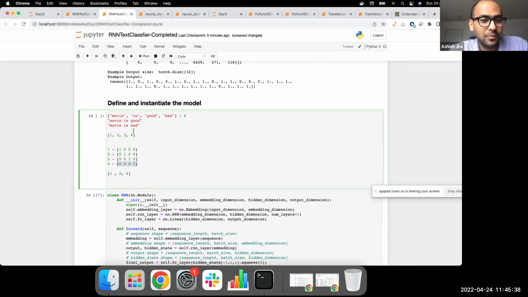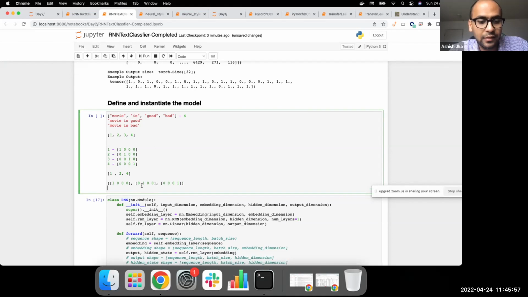Now here it's manageable because our words are only 4. Let me make it super clear: 1 comma 2 comma 4. What's the size of this? The size is 3 comma 4, right? This numpy array.